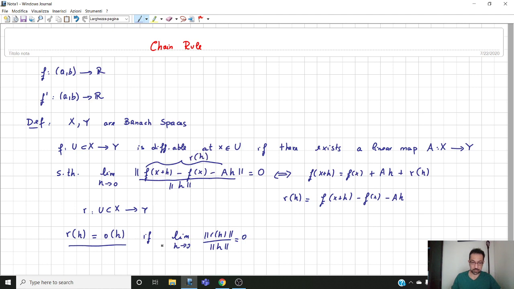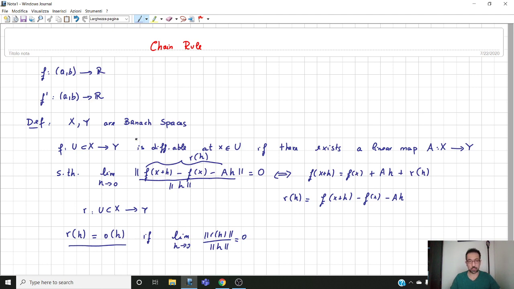And since r(h) is small o of h, by definition, the limit as h goes to 0 of r(h) divided by the norm of h needs to be equal to 0. So it's just a different way to define the concept of differentiability, but it will be very useful in proving